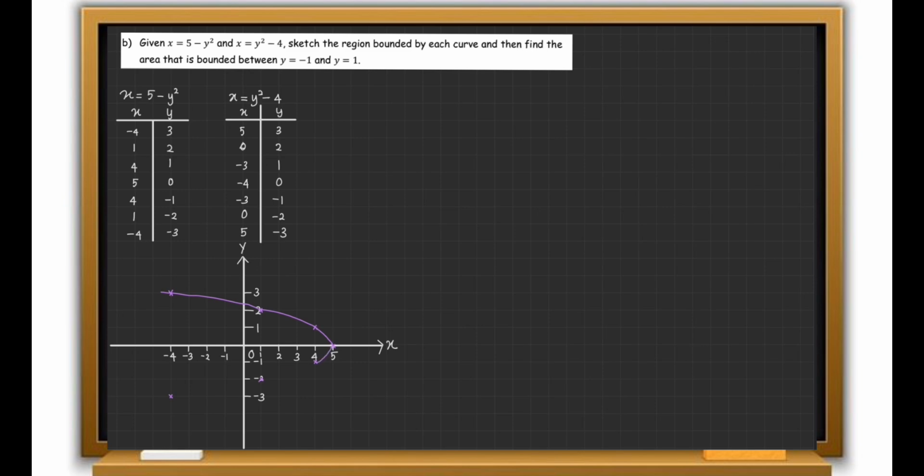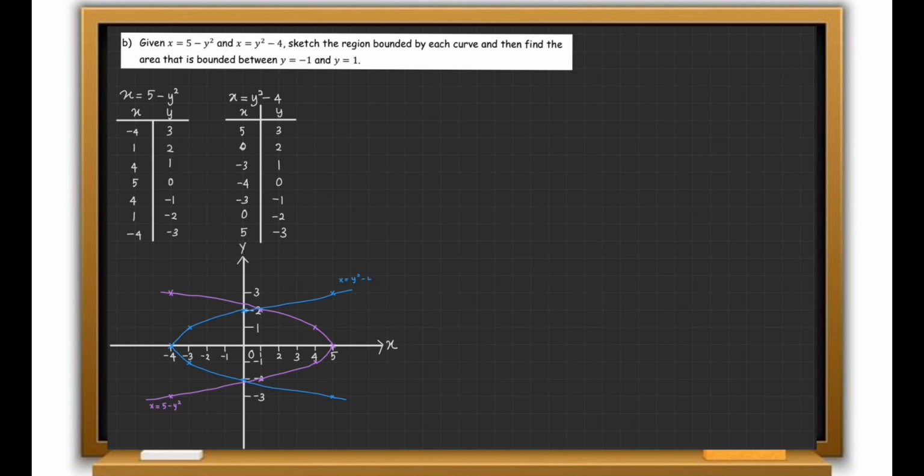After that, connect all the plots. You will get the shape of a capital U sideways based on the question given. Don't forget to write the function of the graph that was just made, which is x equals 5 minus y to the power of 2, over here. Next, do the same thing exactly as the first function by first finding each of the plots using the table. After plotting, we connect all the plots to get the shape of the graph, and write the function of the graph for the second table, which is x equals y to the power of 2